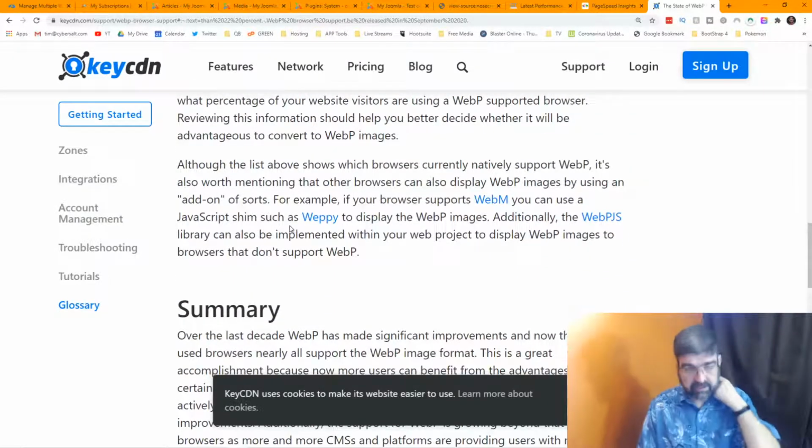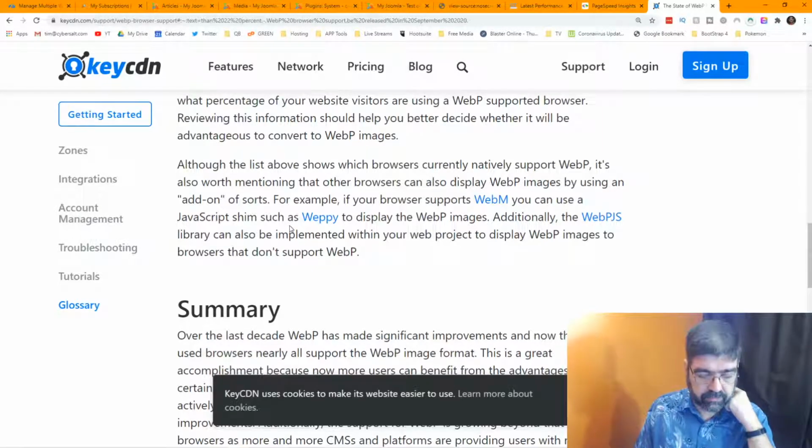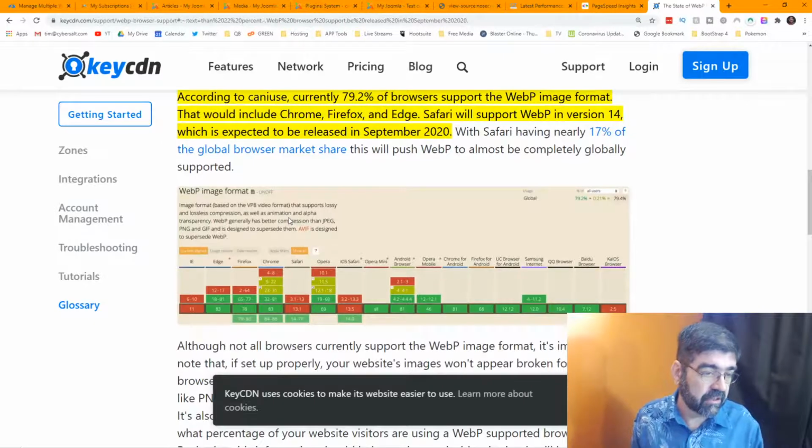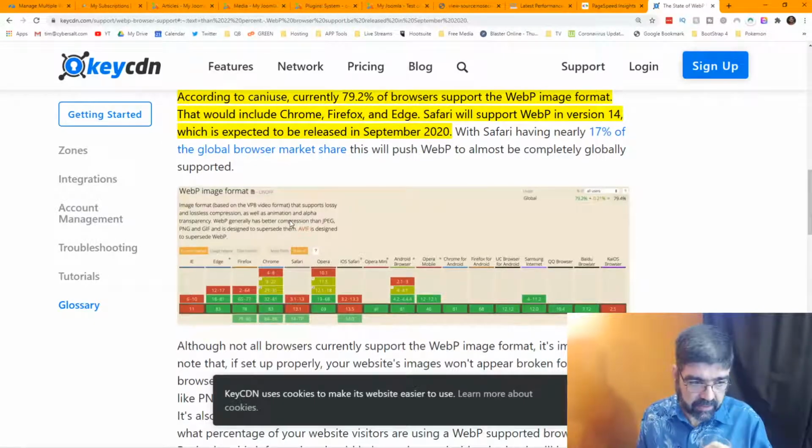A lot recently, I've been hearing a lot of people having problems with Safari. Honestly, I'm surprised Safari is still a thing. But